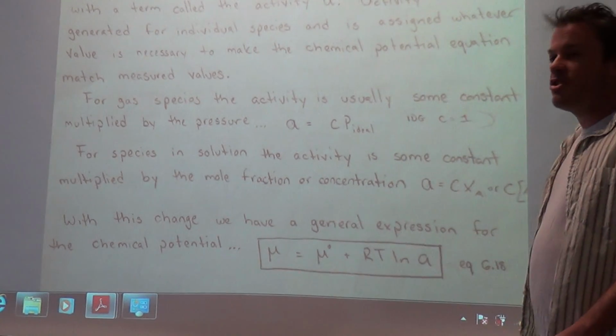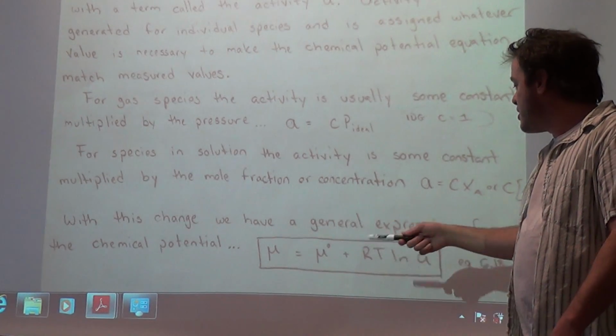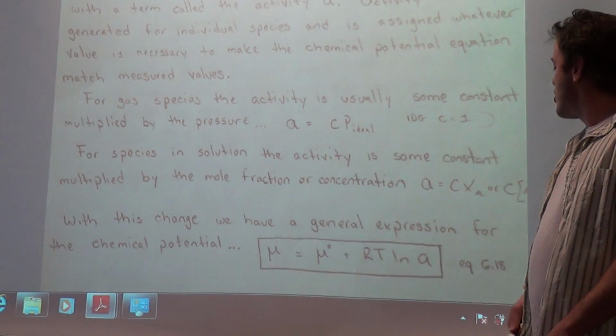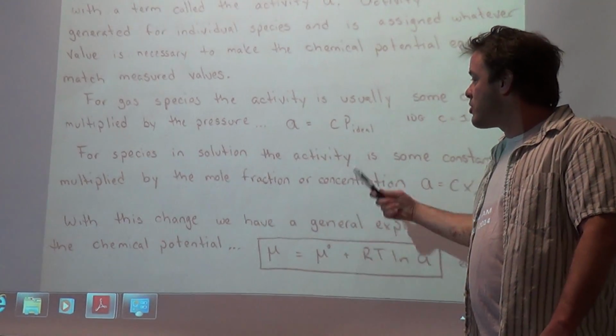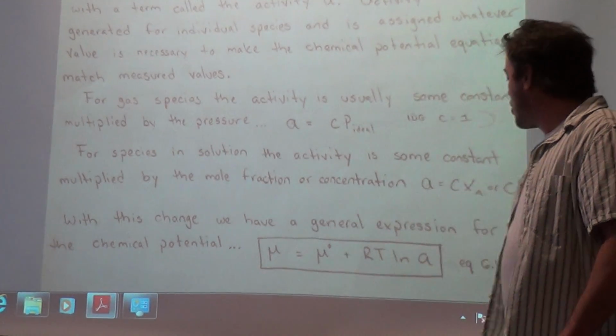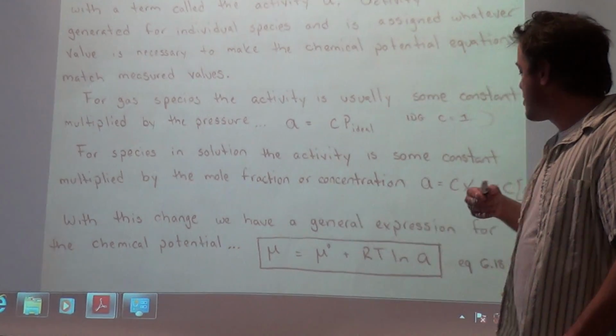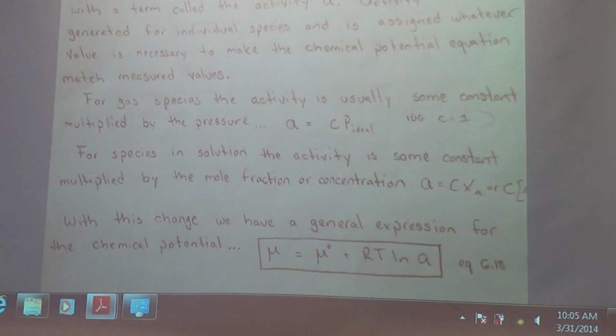So this is the equation that we're going to be working from. The chemical potential is whatever mu naught is plus RT ln A. If we're talking about an ideal gas, that's mu naught. If we're talking about a solution, that's mu star. So we'll move from there